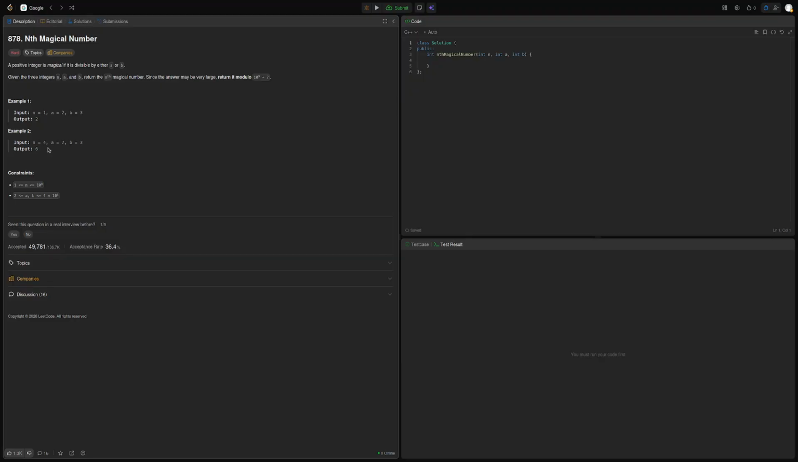So 2, 3, 4. I mean, that's just the answer may be very large, so modulo 10 to the 9th plus 7, and if a and b are 10 to 4, then n could be like 10 to 15, I think, at most. So the nth number, so we want to find like